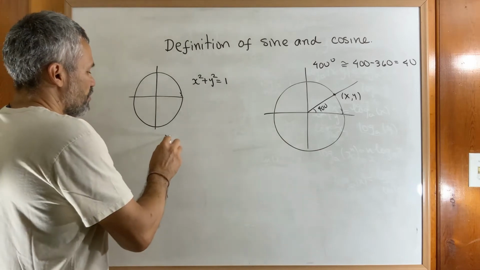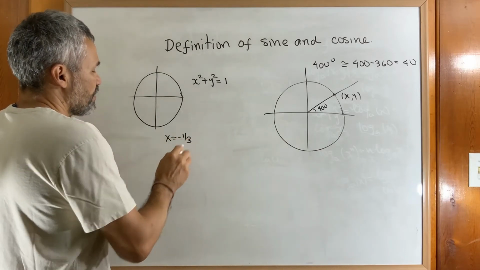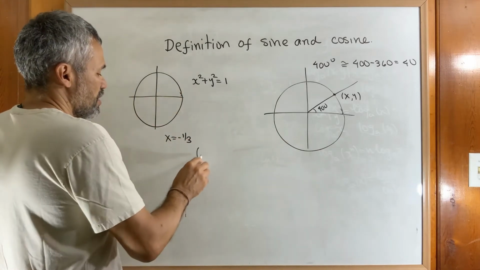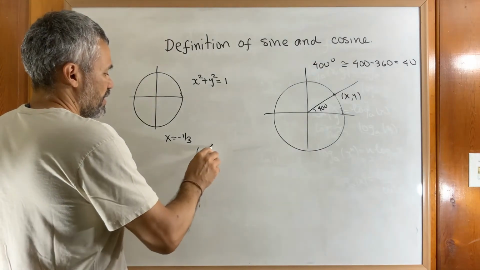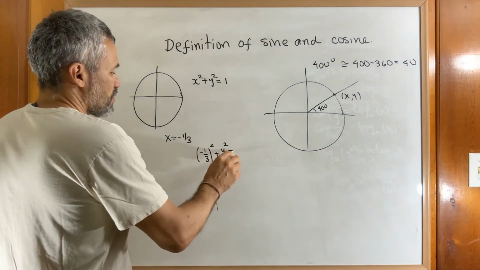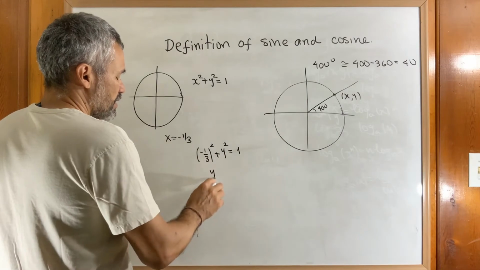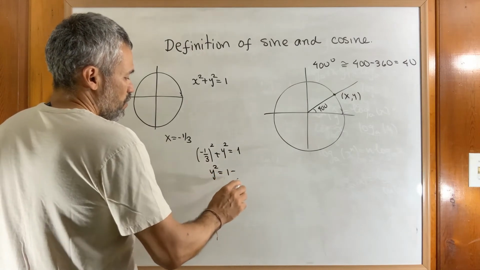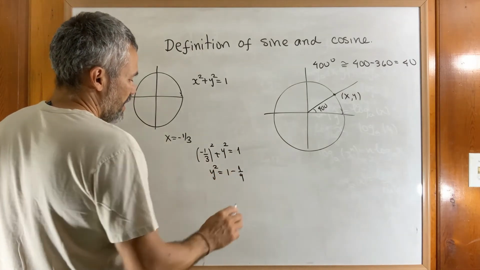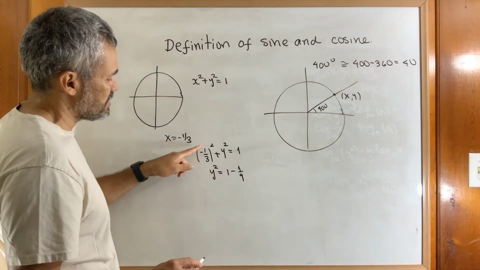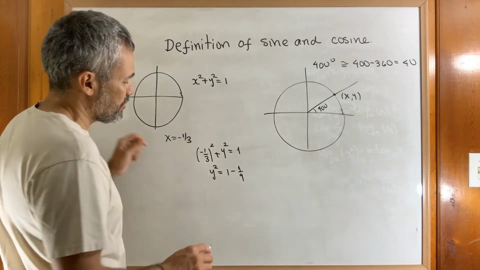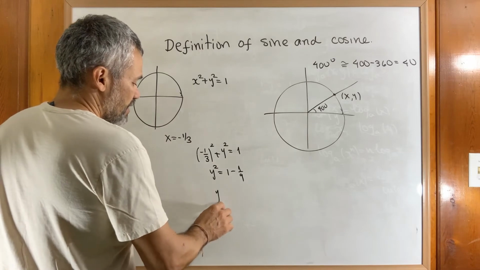For example, if we know that x is equal to negative 1/3, then we use the equation and we get negative 1/3 squared plus y squared equal 1. Then y squared is 1 minus 1/9. Remember, negative 1/3 squared is just positive 1/9. We move it to the other side, and then we get that y